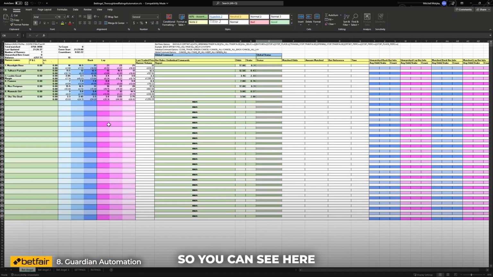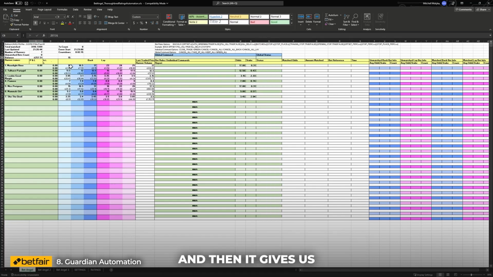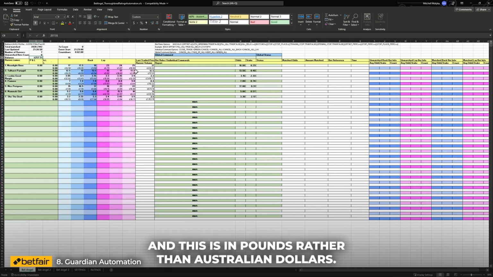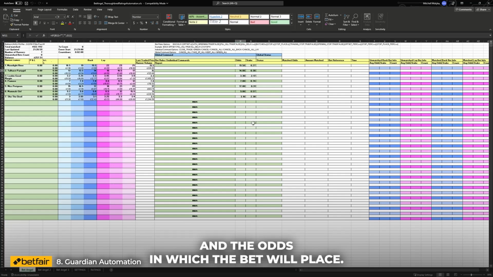So you can see here that we have the market loaded up. It gives us our balance, and then it gives us the best three back and lay prices and the volumes available for these runners. And this is in pounds rather than Australian dollars. And then it gives me here the stake and the odds at which the bet will place once the